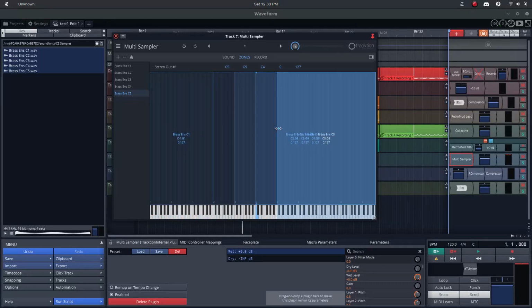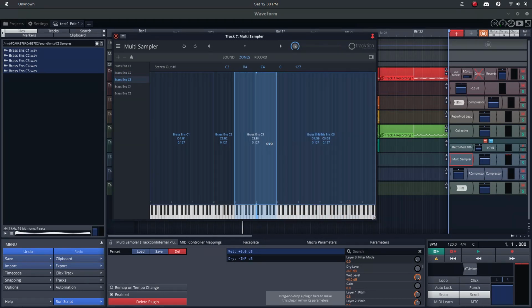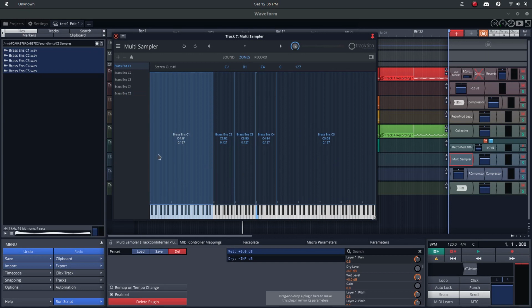Now we also want to make sure that we're not overlapping, so let's go back to C2 and bring that down. C3, bring that down. C4 and C5. All right, so once we have our zones assigned correctly, if we play the keyboard, we'll notice